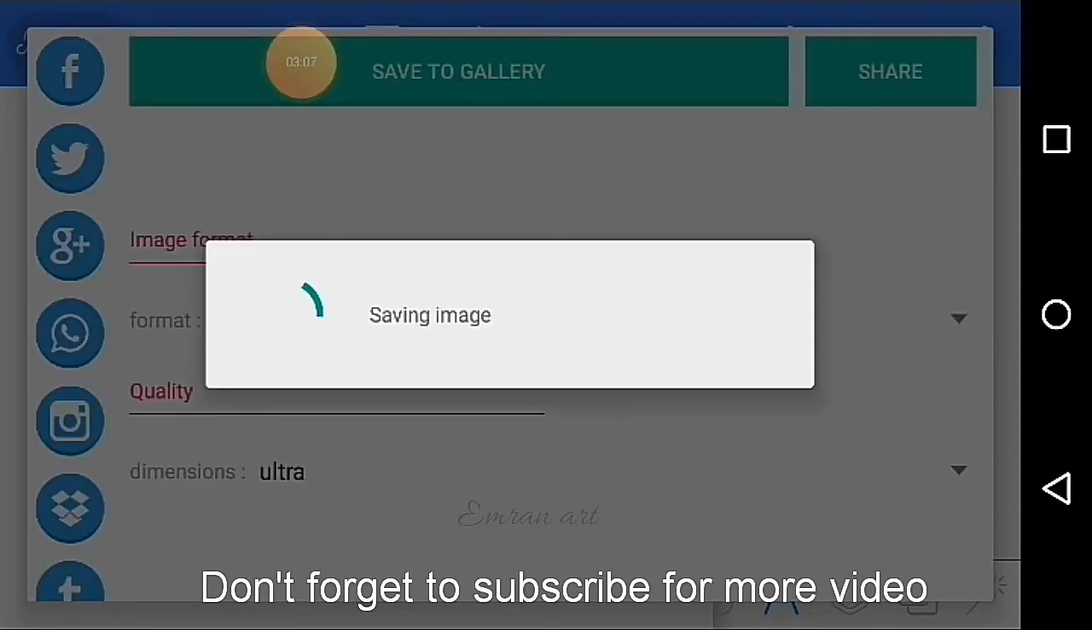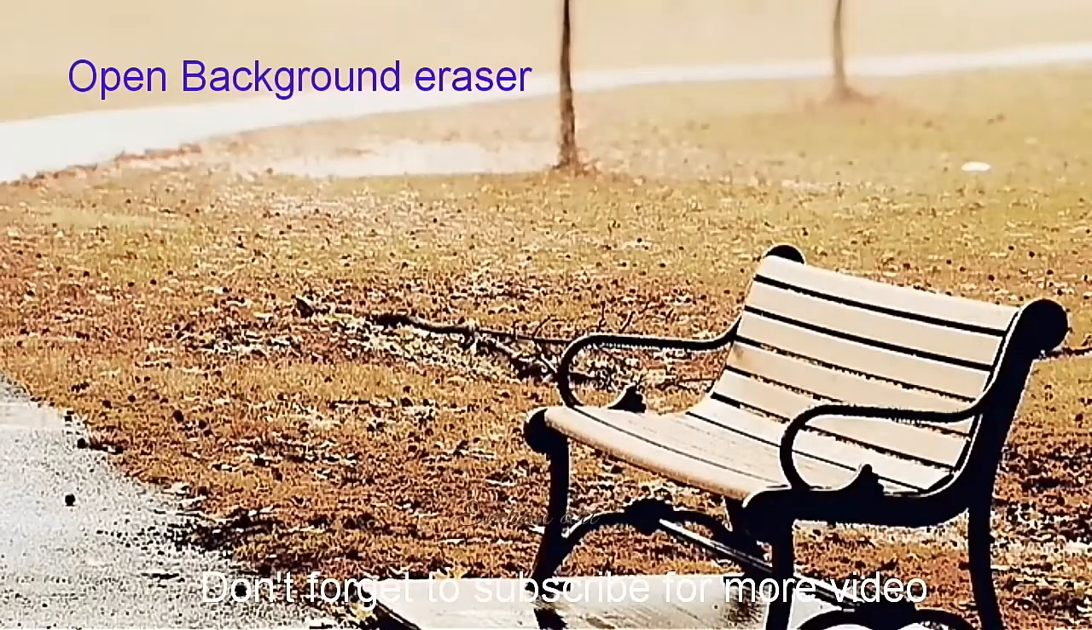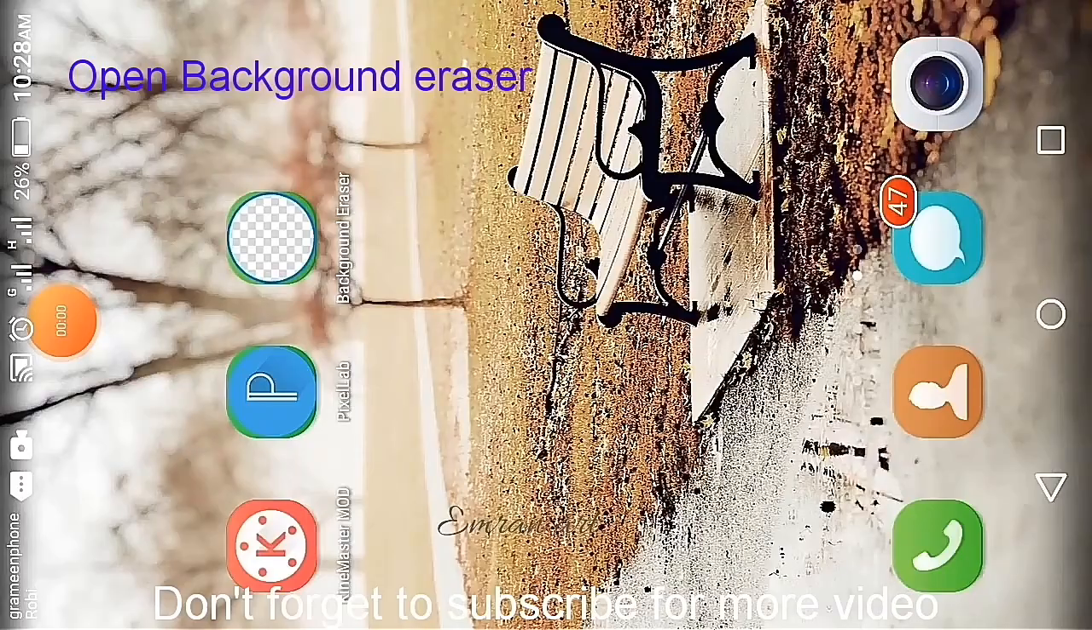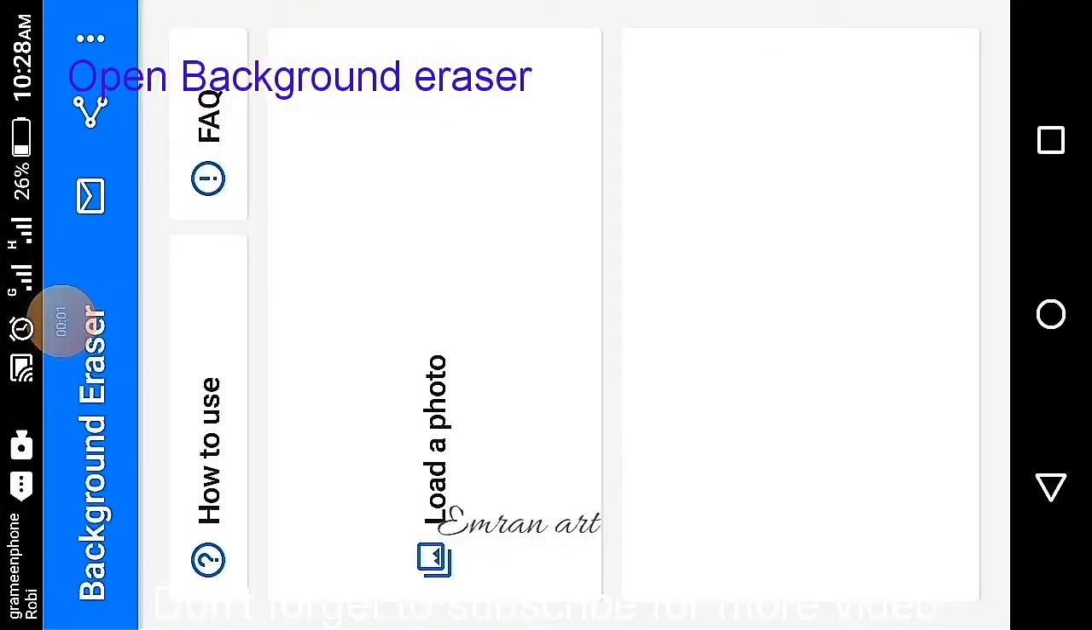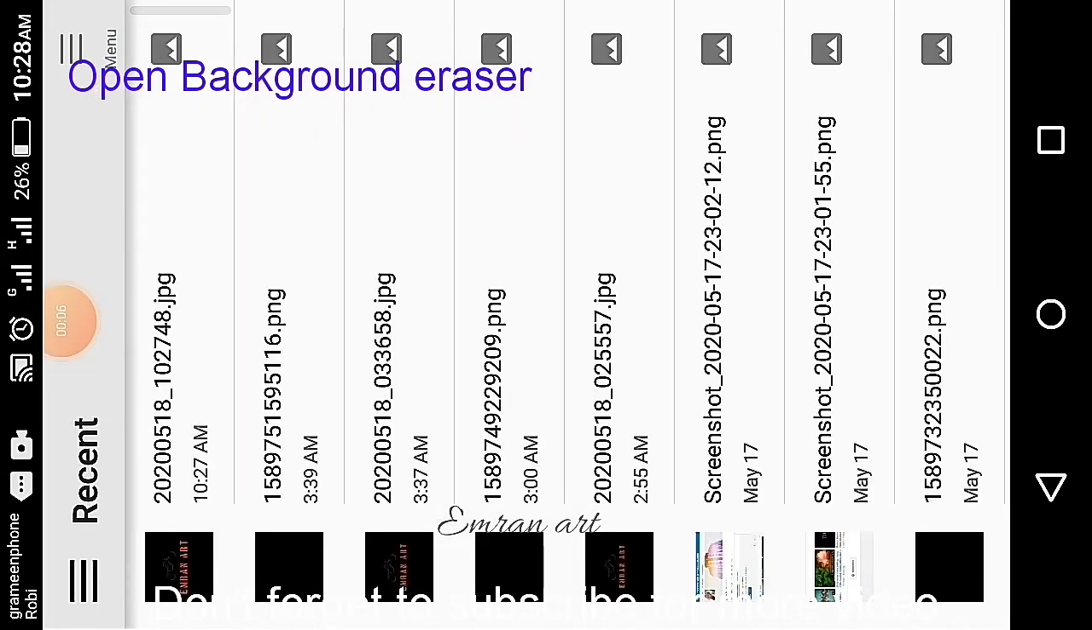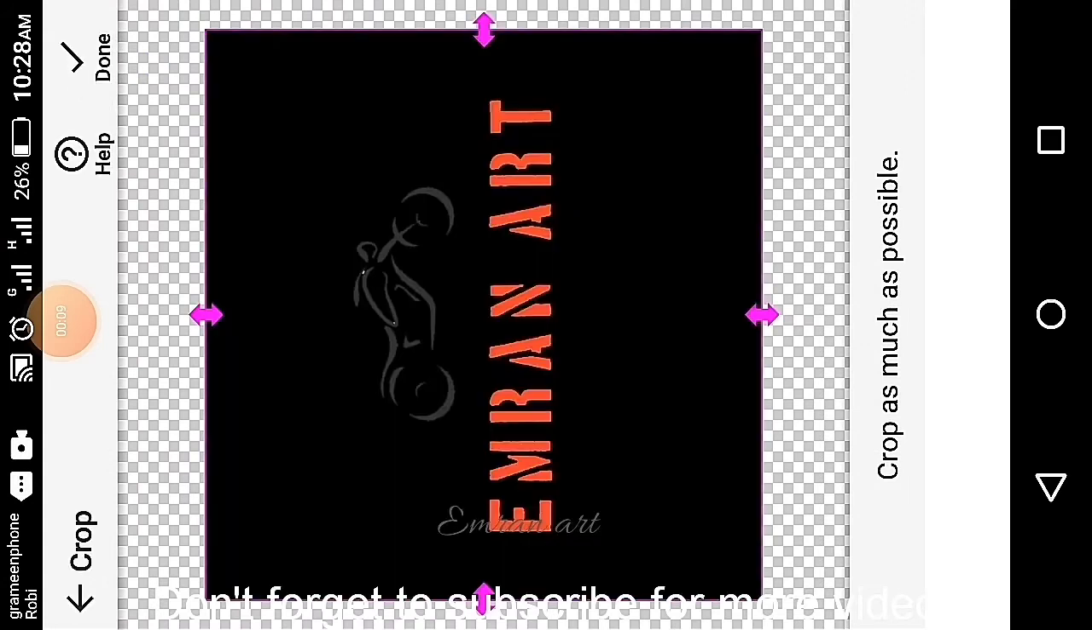Then save this. It should be ultra mode. Then go to background eraser and open the images that you already saved, and